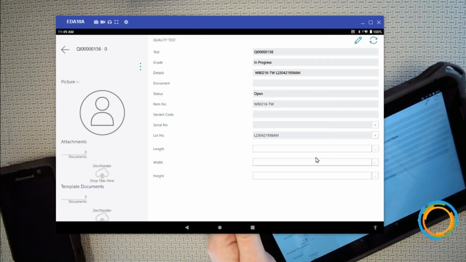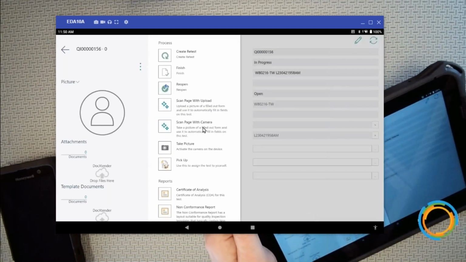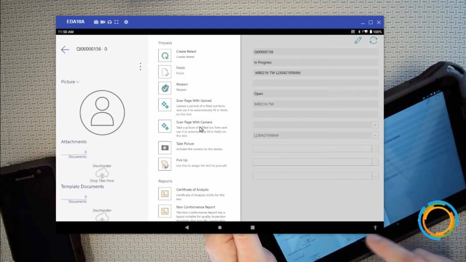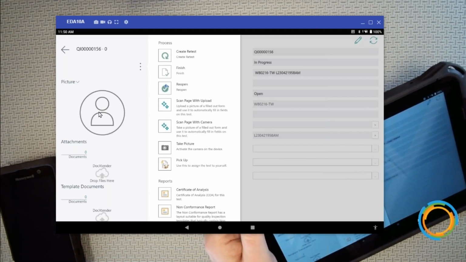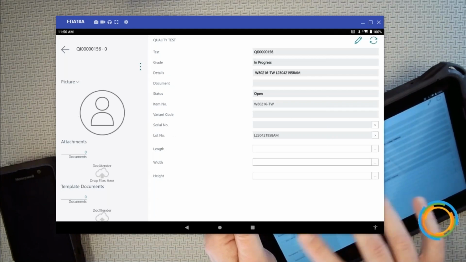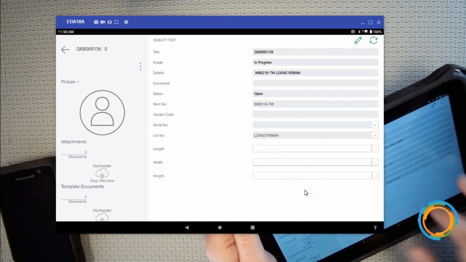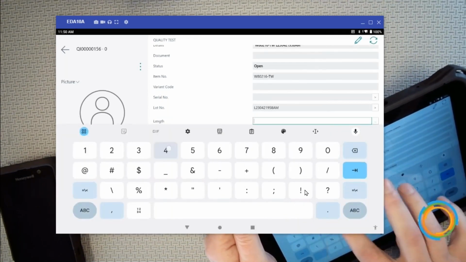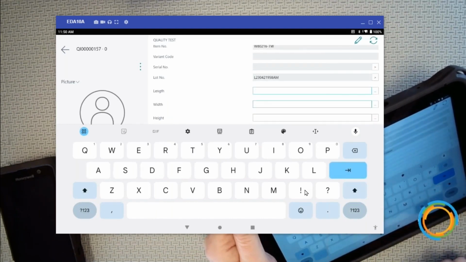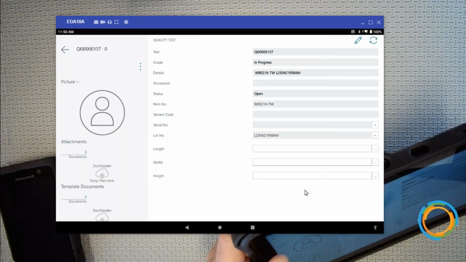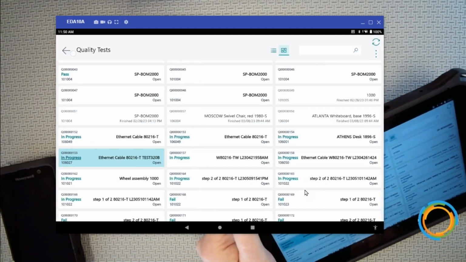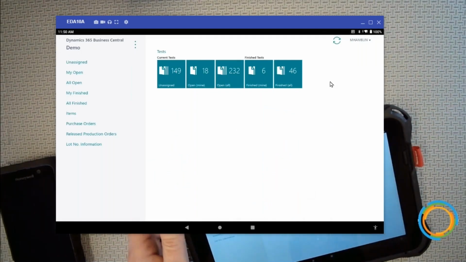And it's very simple to come in here and enter the values. Or again, if I've got a handwritten sheet, right from here, I can take a photo of that handwritten sheet, and it'll do the same thing you just saw in Business Central, or take a photo, or multiple photos, of damaged product or whatever it happens to be on the tablet interface. And the phone interface is similar. It just obviously doesn't have this kind of stuff, but it's very easy to use this to capture your quality information in the system, right? So all that kind of stuff is all there. So anyway, that is how that guy works. That's the tablet interface, and you can do the same thing on the phone.